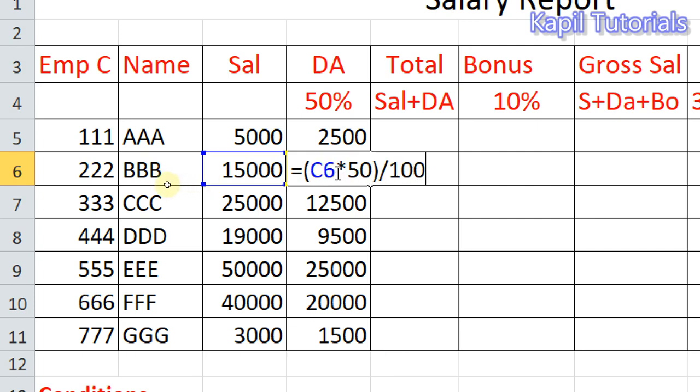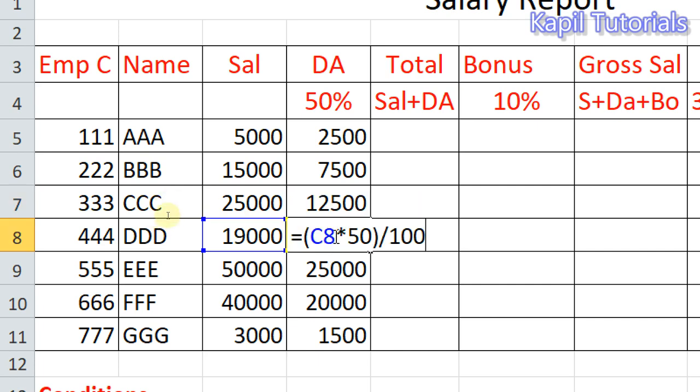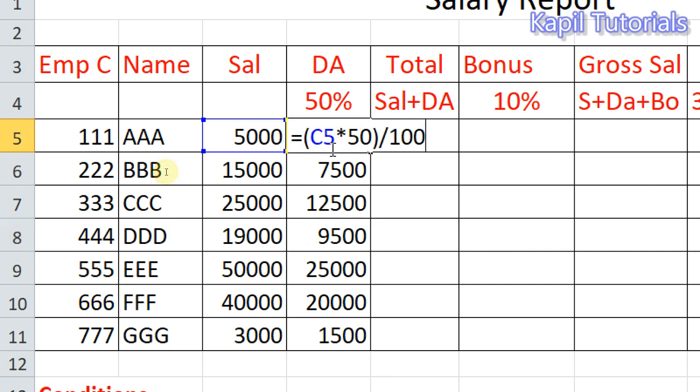It is copied itself, and the reference which was C5 here automatically became C6. Same way here it became C7. I hope it is clear to you. Here it became C8. So it automatically updates from C5 to C6, C7, C8, C9, like this.